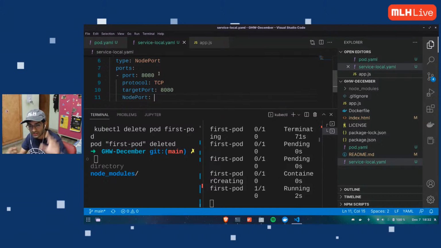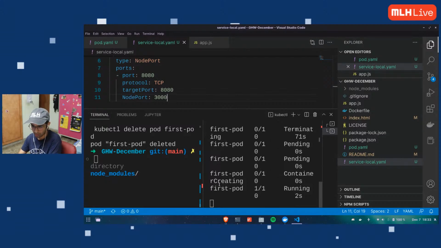This is the port that I have to open on my localhost. This is the port that will be exposed to my computer, which I can open in my browser. The problem with NodePort is I cannot use 8080 or 8000 or stuff like that. Why? The Kubernetes developers, for our own safety, made sure that it does not conflict with 8000, so they changed it to a range between 3000 and 2000.